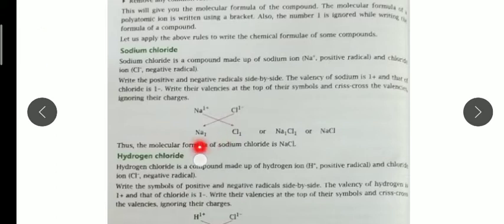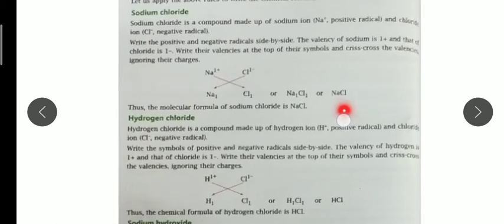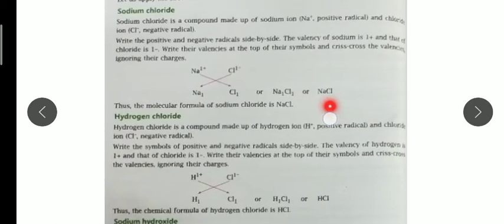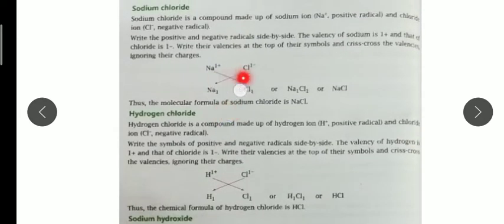So here you can see Na has one charge and Cl has one charge, so 1 and 1 is a common factor. It is also written in the step: remove any common factor in valency. So the last step, this is the fourth. So we will remove this Na1 Cl1 charge, and the formula of NaCl will remain NaCl only, simply NaCl. And we all know for sodium chloride we always write NaCl simply, it does not have any number on each symbol. So how does the molecular formula come? Because both carry one charge.